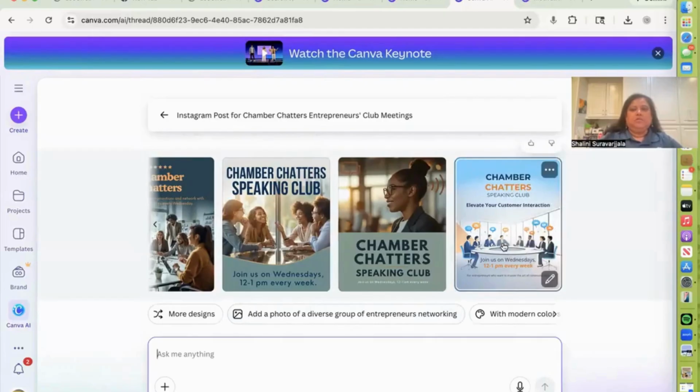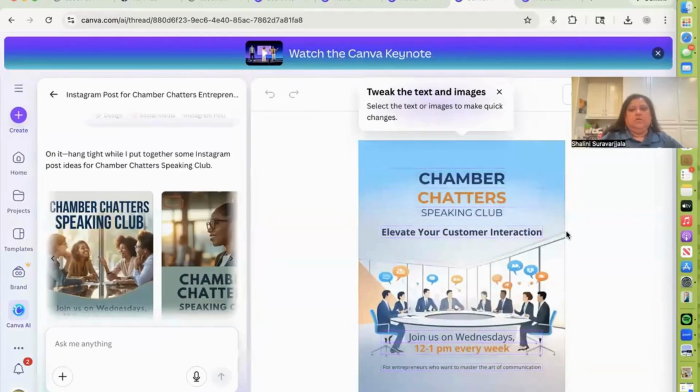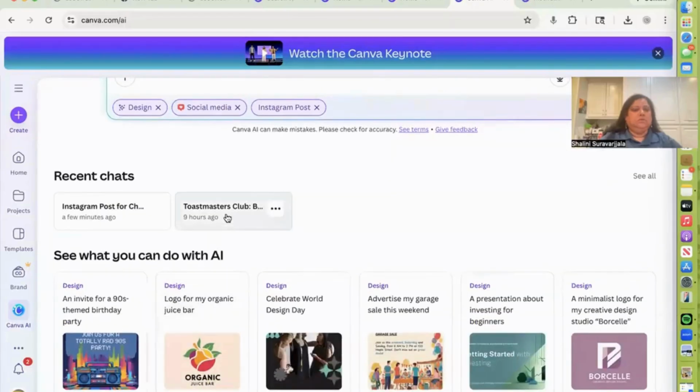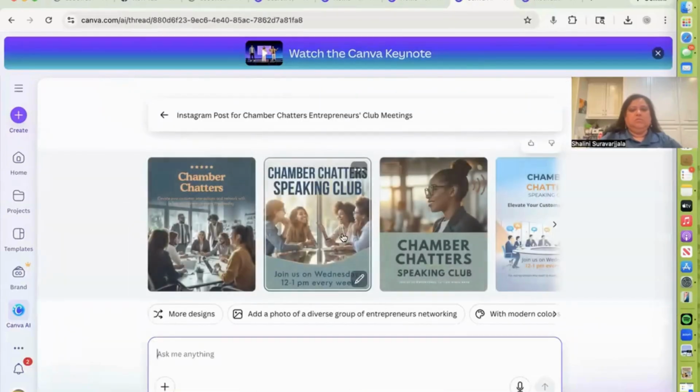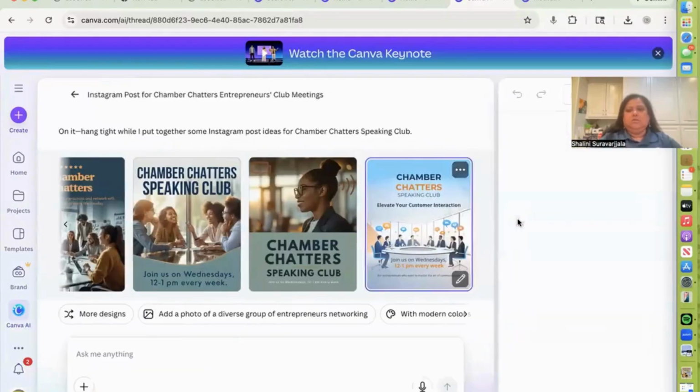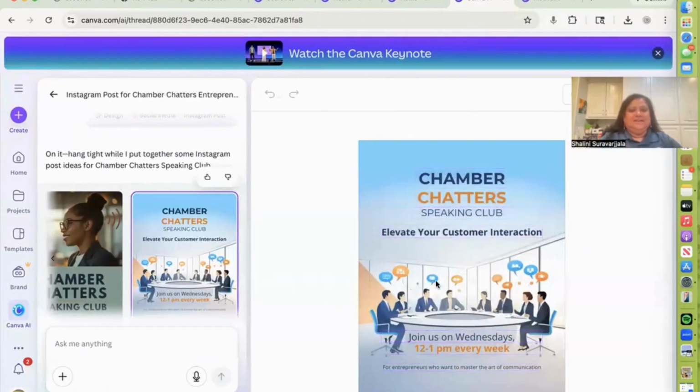Say if I want this or this, you can click on the edit and you can add your details. Let's say I want to do maybe this. There you go. And you can tweak the text, you can do whatever. You can use the same thing. Where is it? Okay, where is it? Basically, you can edit. Good result. Okay, so